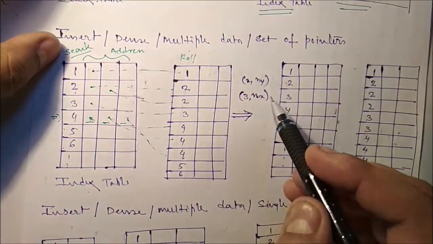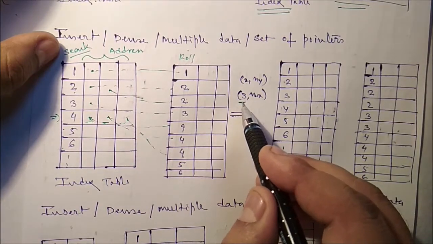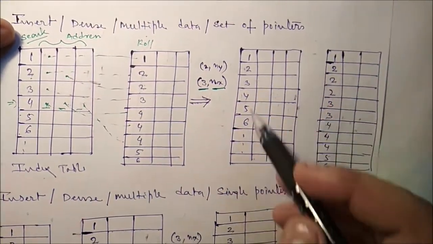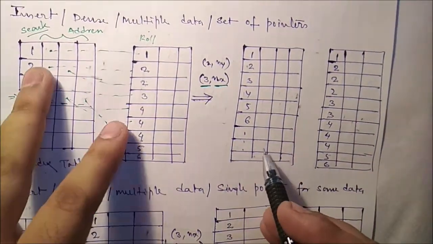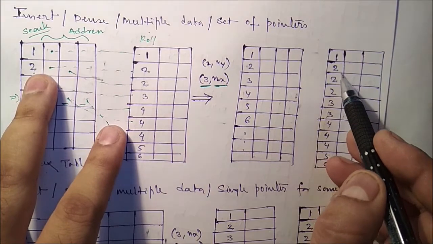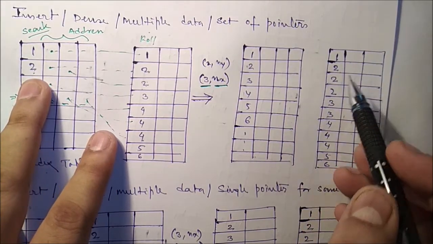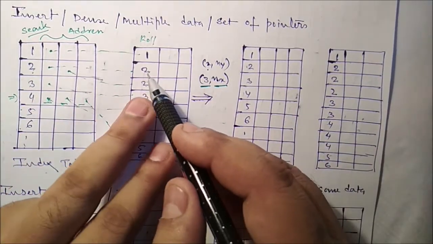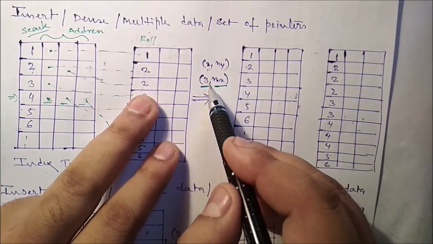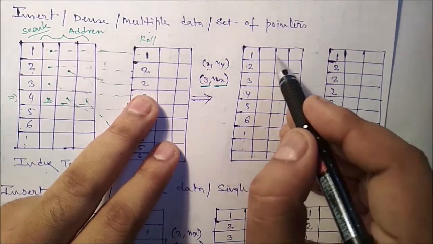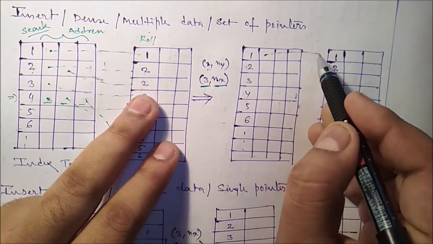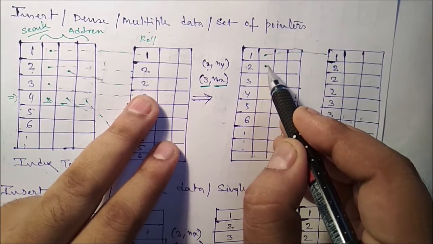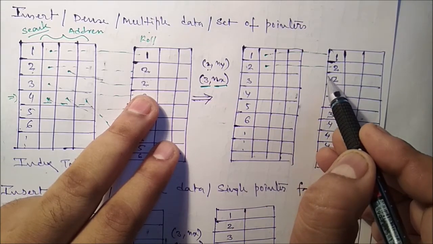Here suppose we want to insert another 3 with the name nx. Are you getting this one? So this is our index table. What changes do we have to make? Roll number 1 is there, roll number 2, two 2s are there. Say we want to store another 2. Already two rows are there, two 2s are there, and we want to store 2 as well as 3. So this one is already there. Here the address of this particular part is already present, and this 2 is already present. Now this is the new 2.